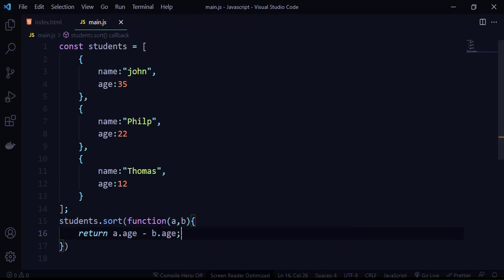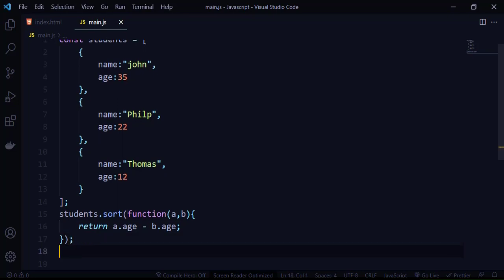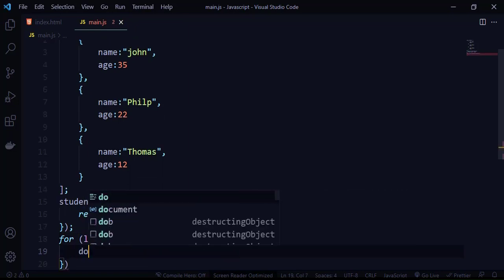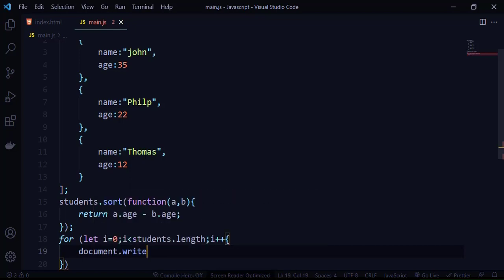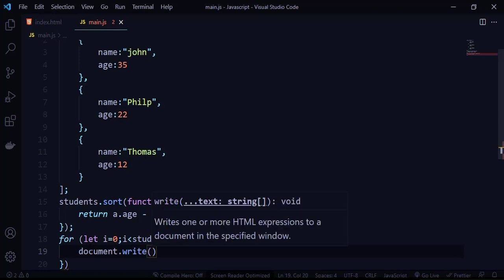Now what we are trying to print is in ascending order, from the person's lowest age to the highest age. To display all the details, we can use a for loop to loop through all the objects. So for let i equals 0, i less than students.length, i plus plus, and inside we can use document.write.